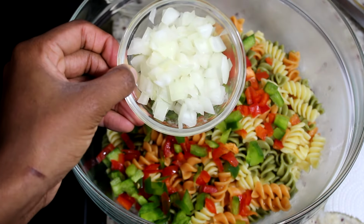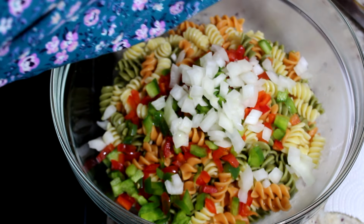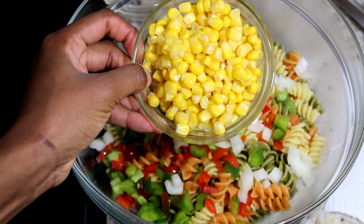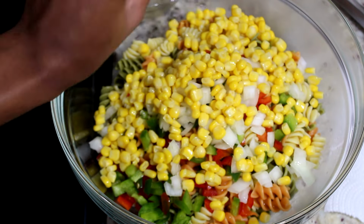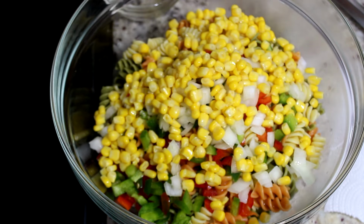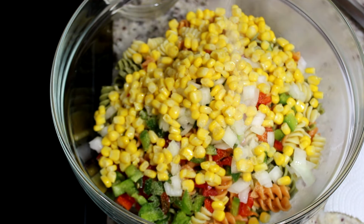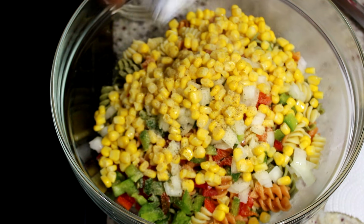Next, we have here our chopped onions. And here I am going to add some sweet kernel corn in there. Oh, this looks so good. Now I am about to add about a tablespoon of garlic powder, about a teaspoon of black ground pepper,